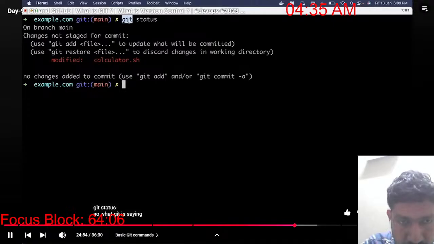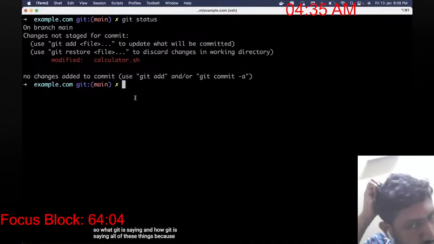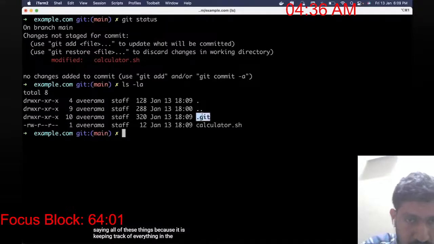So how is Git saying all of these things? Because it is keeping track of everything in the .git folder.